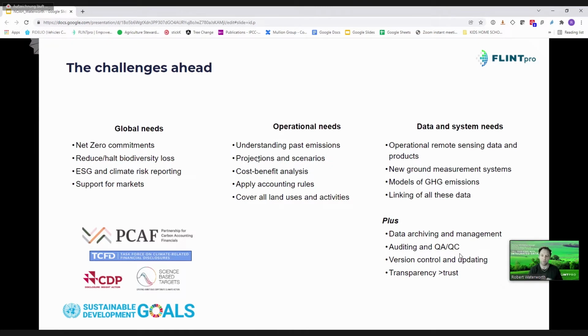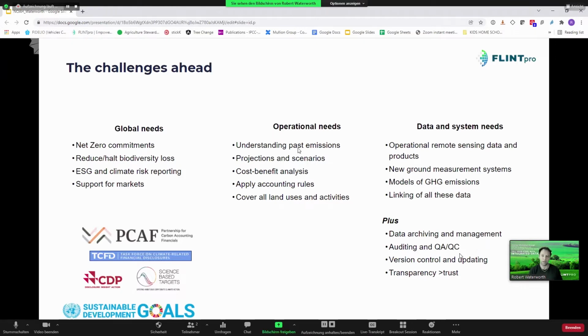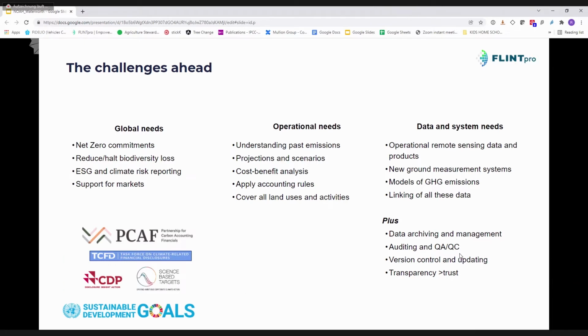I've been involved in climate change and the land sector now for over 20 years, and I can say that the shift has been enormous in the last 18 months to 24 months. And it's really driving down addressing these needs now. This has created some really interesting aspects of what the operational needs are for reporting systems for estimating these greenhouse gas emissions. And that is that previously people were largely focusing on just producing some past emissions, maybe doing an Excel sheet, but that's no longer really relevant.